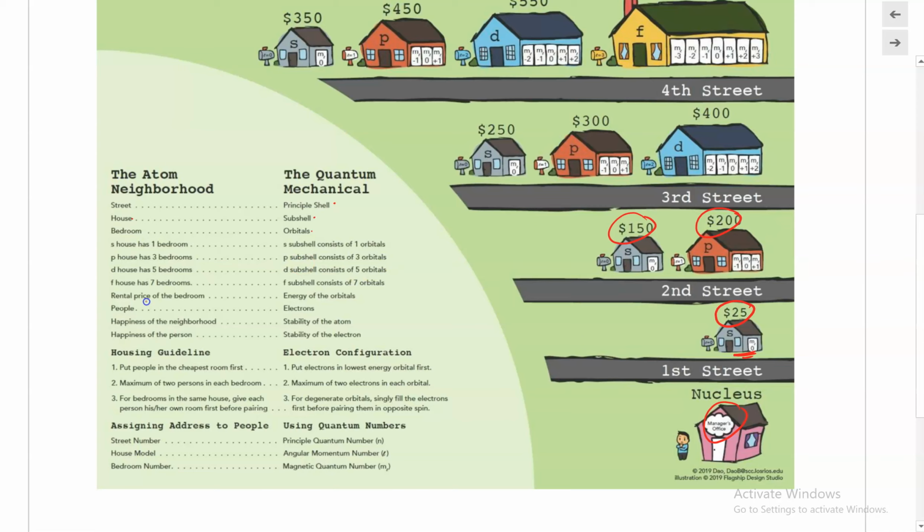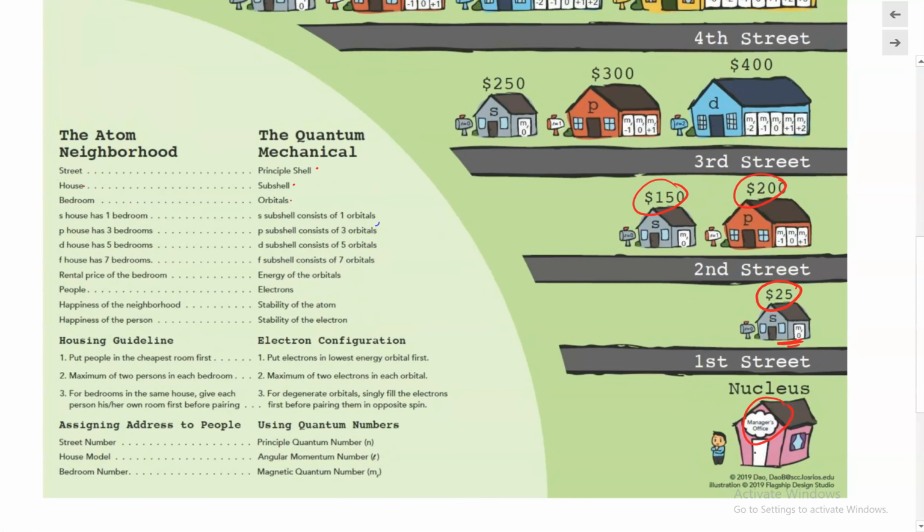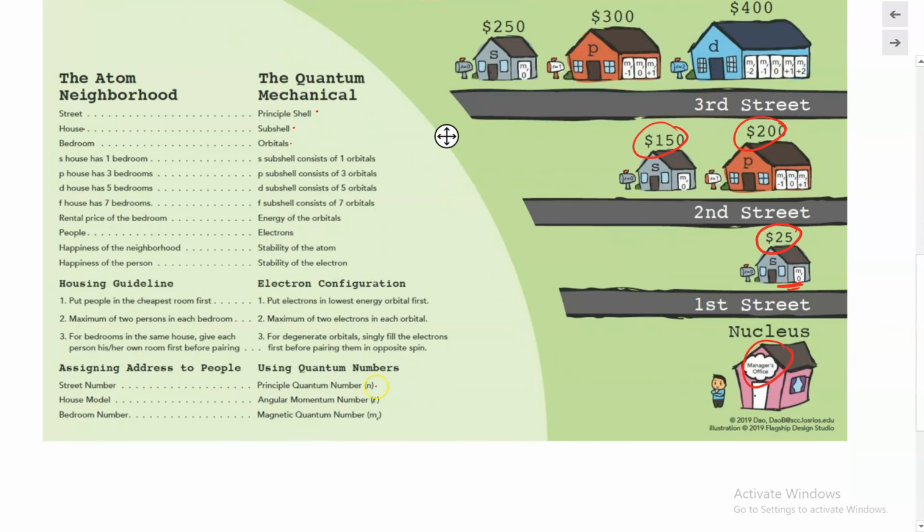on. And the renting price of the bedroom is then equal to the energy of the orbital, and people would then be equivalent to electrons. And the happiness of the people would be the stability of the electron. So that's kind of how it would work out. And so the principal quantum number is then equivalent to the street number. The angular momentum number is then equivalent to the house model, and then the magnetic quantum number, the bedroom number,